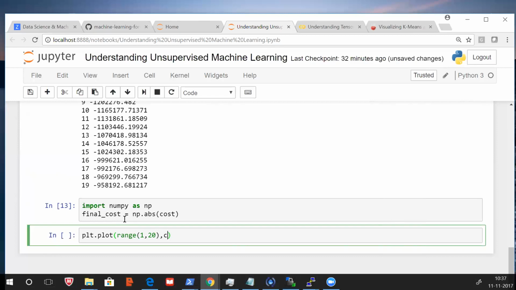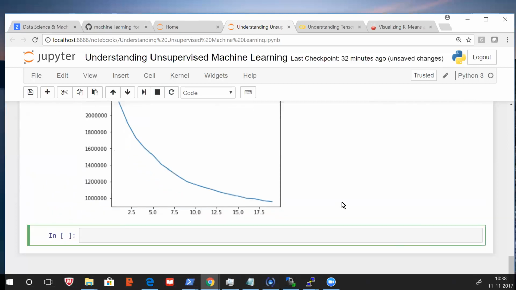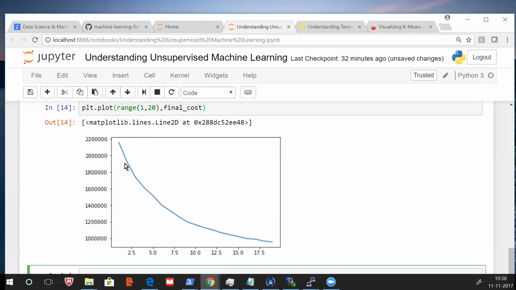Then cost. Just see one thing in this graph. You can see by increasing the number of clusters, the cost is also reducing, right? Till what point is the cost reduction steep?